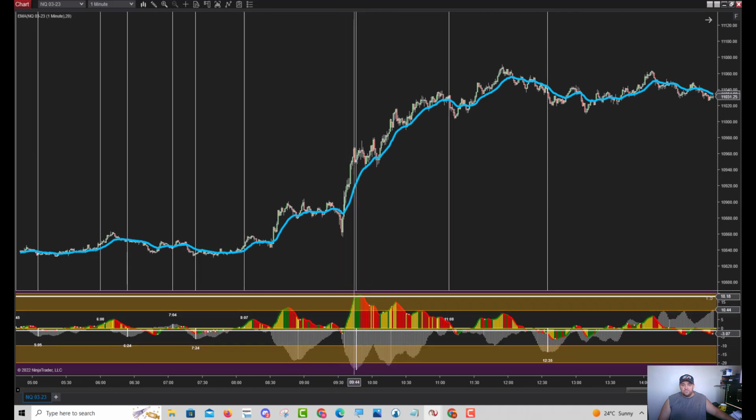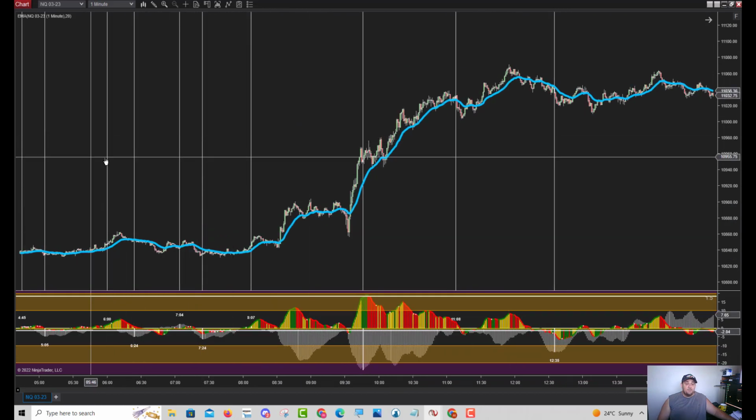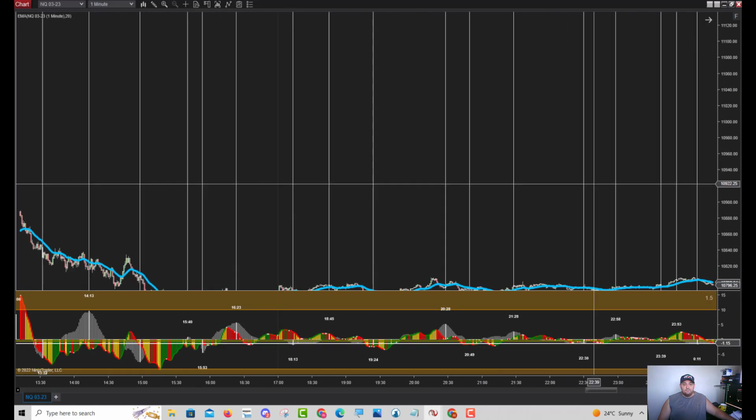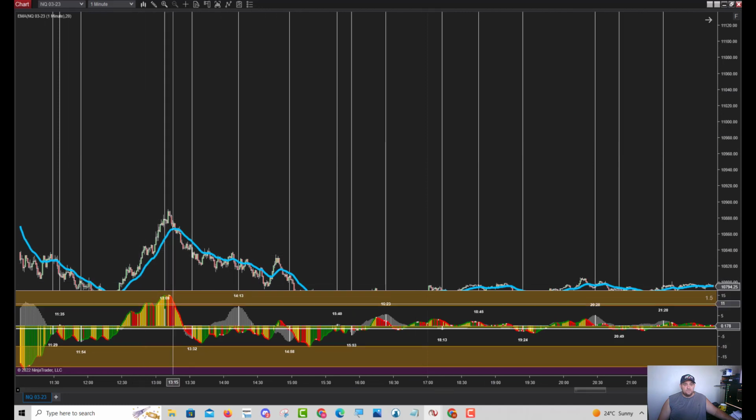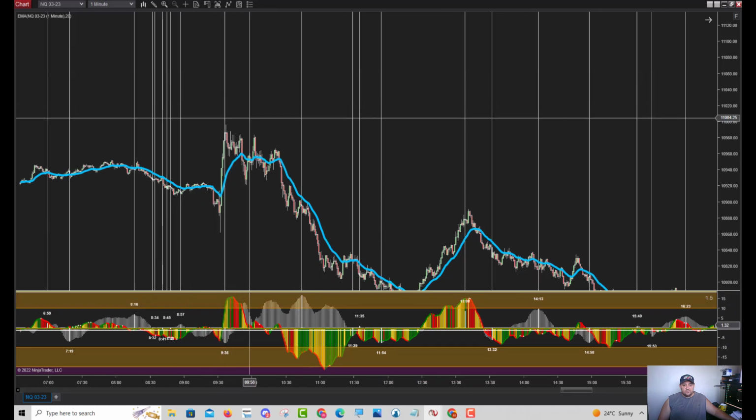Usually when you get into an extremity here, there's usually a good reverse pullback, unless it's a full energy day, because that is just strong energy. But on average, what it does is it oscillates up and down, up and down. And with the MACD, here's a perfect example from 6 o'clock: once it gets to the peak zone and starts reversing, see how it starts trending down?